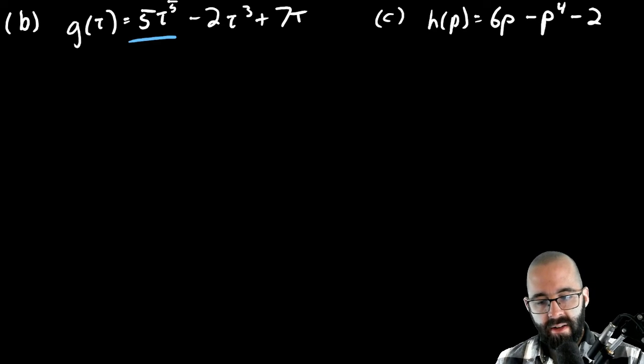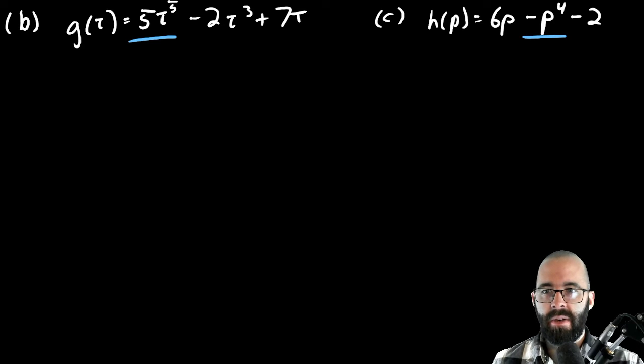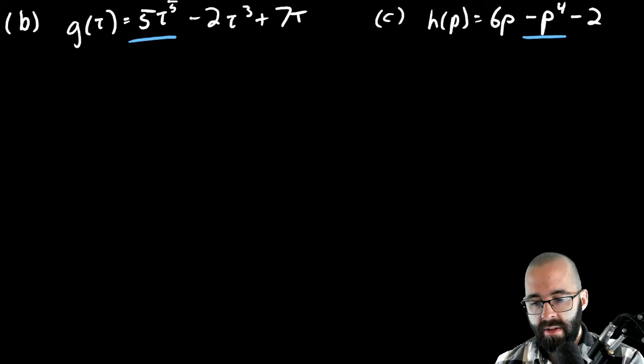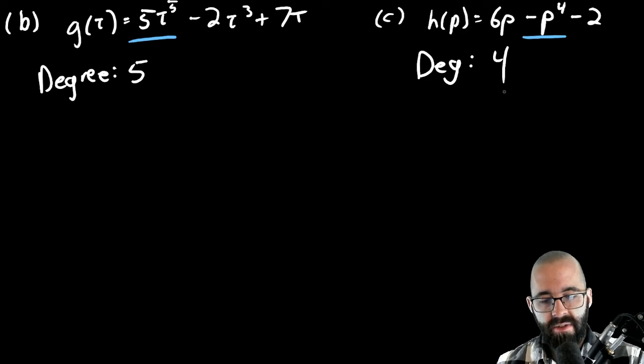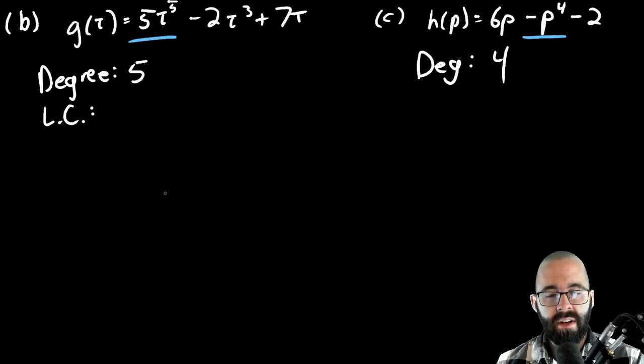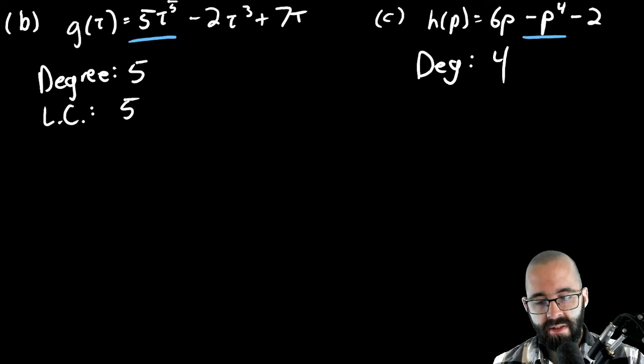All right. First, we identify the leading term. The leading term is the term with the variable that has the highest exponent. The degree is that highest exponent. So the degree here is 5. And the degree here is 4. The leading coefficient is just the number next to the variable in the leading term, which is 5 here